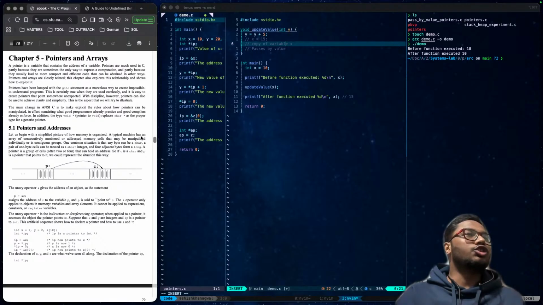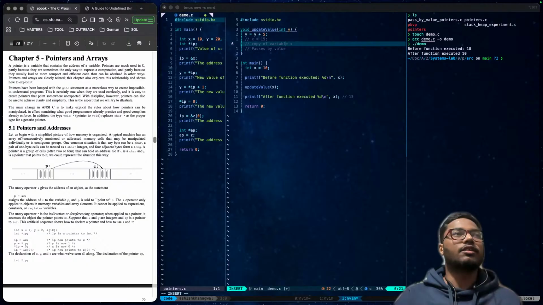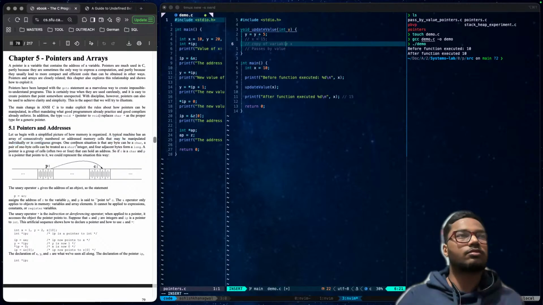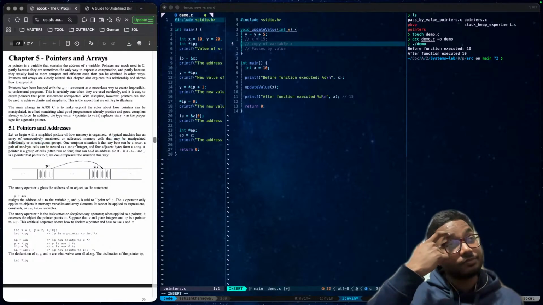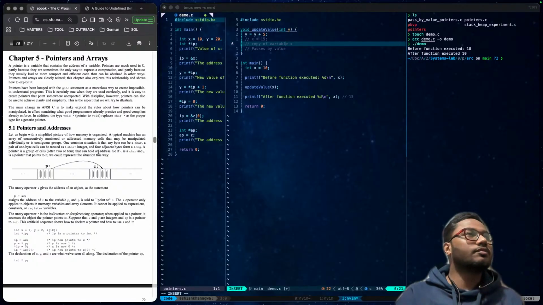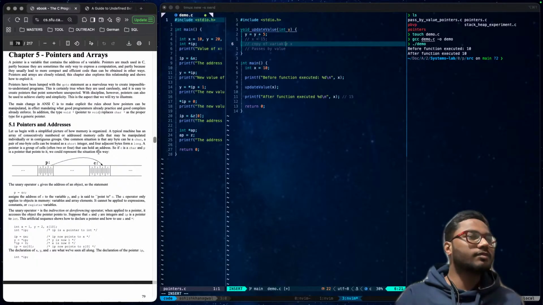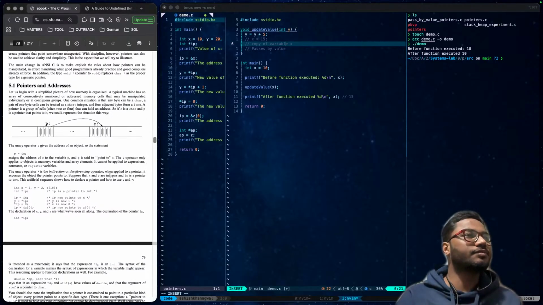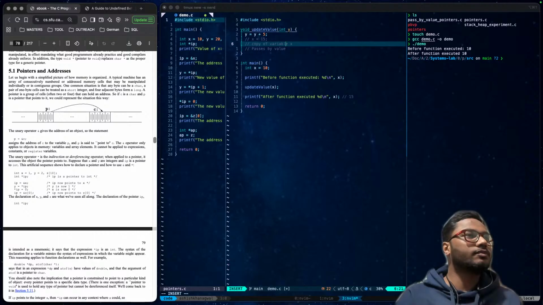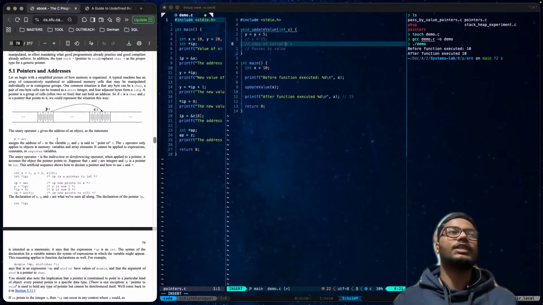A typical machine has an array of consecutively numbered or addressed memory cells that may be manipulated individually or in contiguous groups. Look at this. p is equal to &c, right?